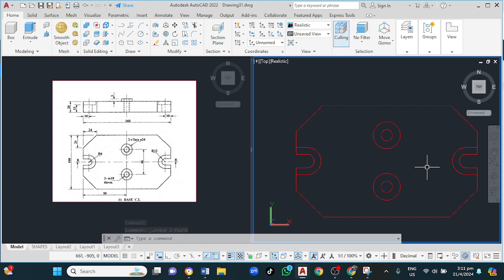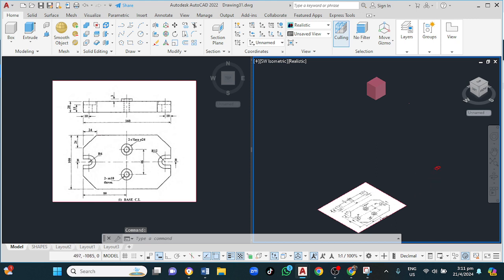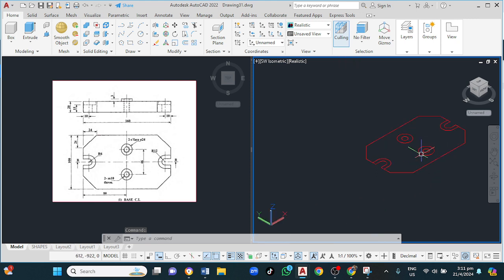My next step is to transfer this to 3D or Southwest isometric and start my extrusion. Southwest isometric. Then bring this up into the drawing. Now the thickness of this is 20 millimeters down. So I'm gonna go